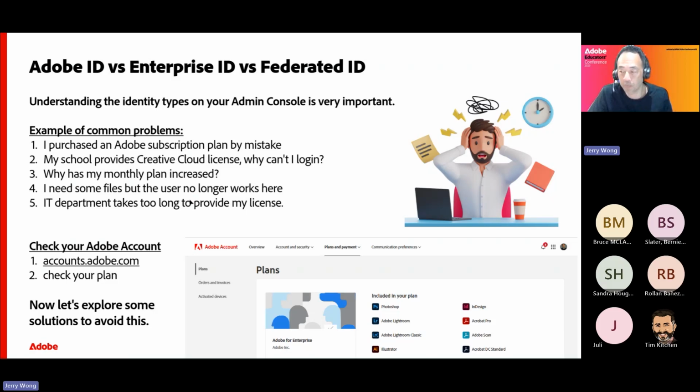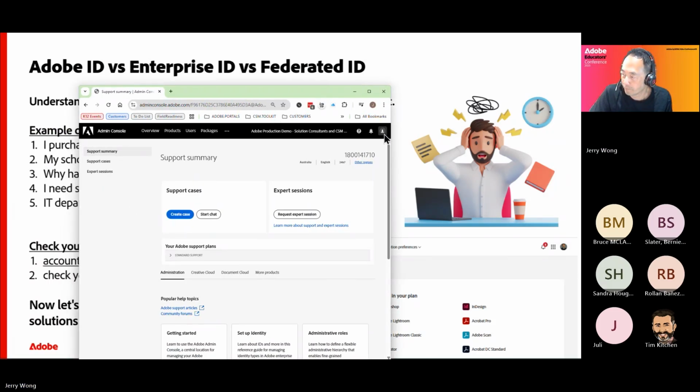It probably goes to your help desk, and they have to try and go in and unravel that. One of the first things that I recommend you do for a particular user that has a problem like that, look, just make sure they go and check the status of the actual login they are using, right? You can do that very quickly by just going to accounts.adobe.com. You can go do that directly. If you've got your Creative Cloud desktop app or any of the Adobe products, top right, you'll always notice there is the profile icon that looks like this, right? So simply click on that.